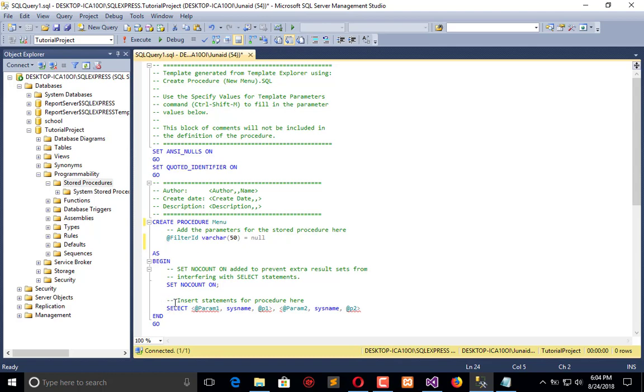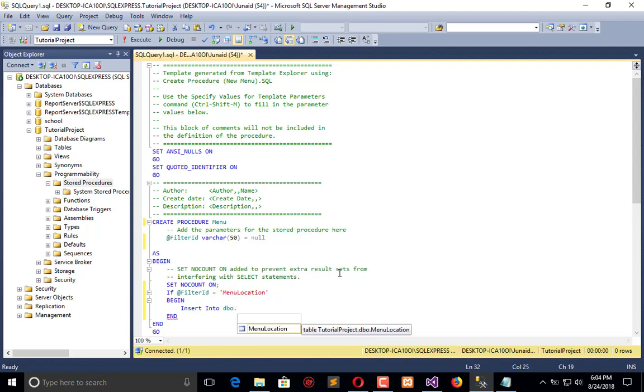Okay, now what I will do, I will say here if my filter ID is equal to menu location, then begin a query which is insert into dbo.menu location having name location, and values will be